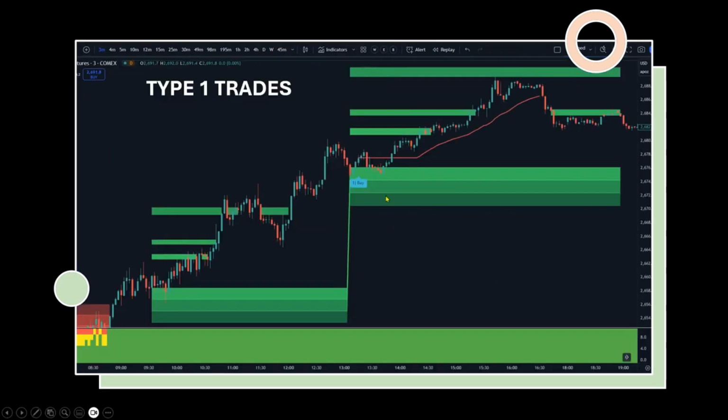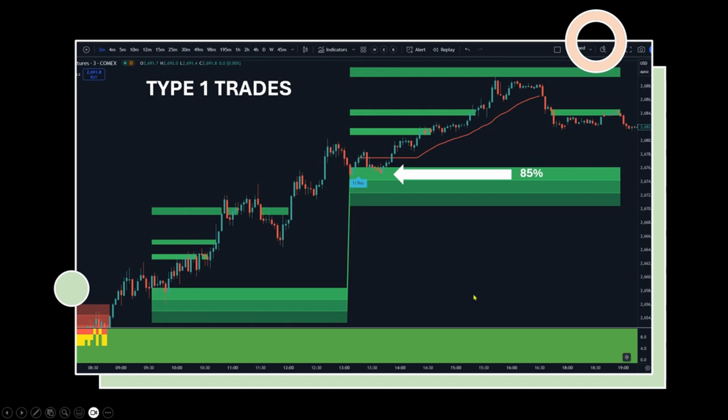So the next type is a type 1 trade again. This time it's on gold futures, I think. We can see we get a type 1 buy at this point here. This actually found support in this first pullback zone, so that's an 85% probability to hit target 2. It actually just tipped target 3 before it came back and took out the trailing stop. You see on this previous zone there wasn't a signal because it didn't meet the criteria for the Slingshot signals. Not to say that the pullback zone wasn't good, and this is why we don't get rid of it,